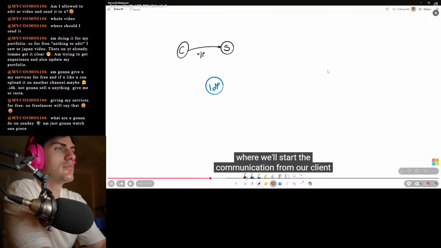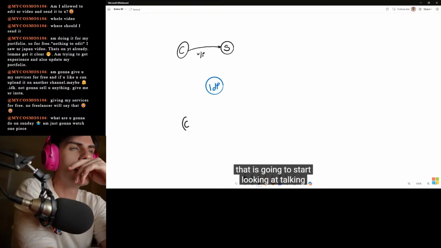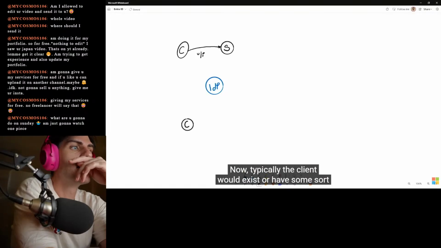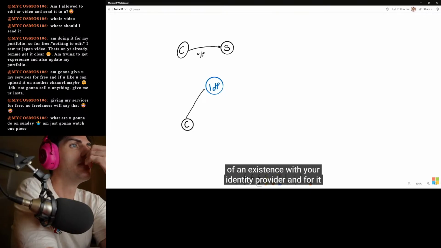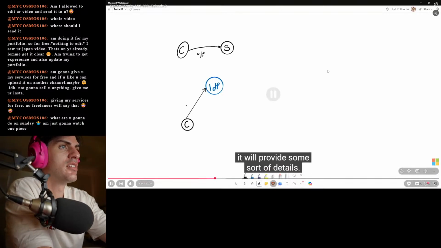We'll start the communication from our client that is going to start talking to the modern day identity provider. Now, typically the client would exist or have some sort of an existence with your identity provider, and for it to authenticate to the identity provider, it will provide some sort of